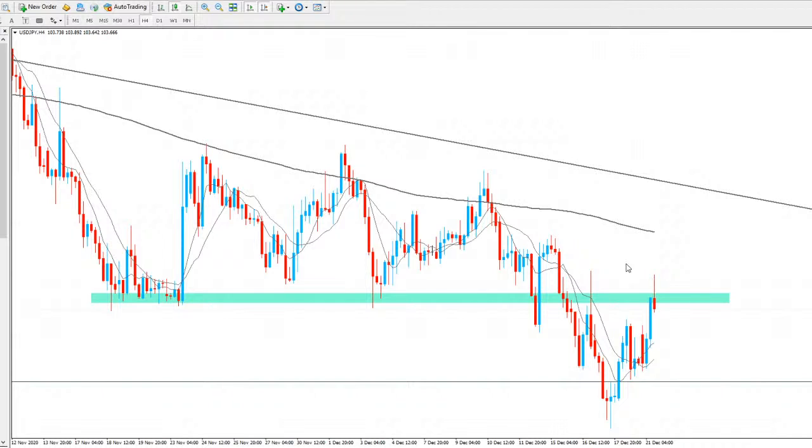As you can see in the 4-hourly time frame, we tried to break through it with that wick to the upside, and now we're so far trading below it. So again, we still have about an hour and 20 minutes before this 4H candle closes, so we can still look bullish. But from a daily point of view, you want to see a daily close above this level, not really 4-hourly, since it's more of a daily than a 4-hourly level. So again, we could easily see price get rejected and see another push to the downside for USDJPY, just because we're at a daily resistance.